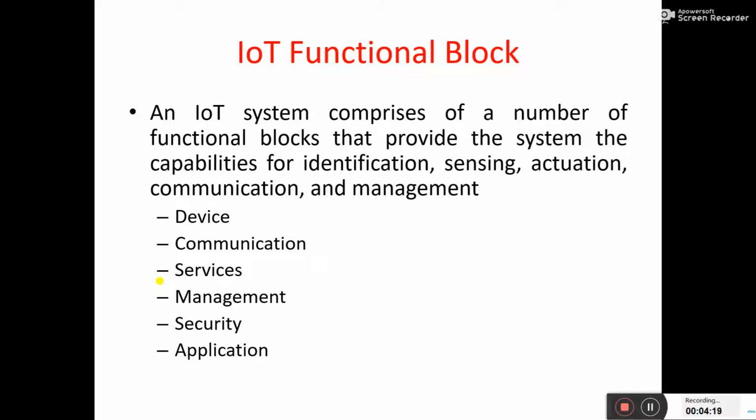Next is management. So whatever data we collect must be managed by the base station or by AI or ML algorithms. Security is a very important concern, because we need to secure our network. If we do not secure our network, then there may be problems, the device may be hacked, or the security may be compromised, by which problems may arise. Applications: where we are going to implement our IoT system is important.